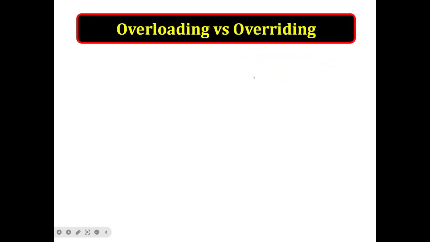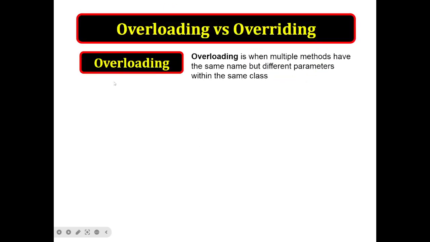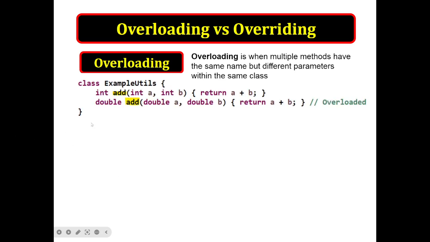The next important question is overloading versus overriding. Overloading is when multiple methods have the same name but different parameters within the same class. Let us understand it with an example. This is the add method which has 2 integer parameters. We have another add method with